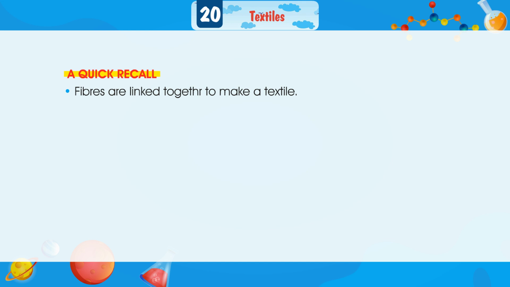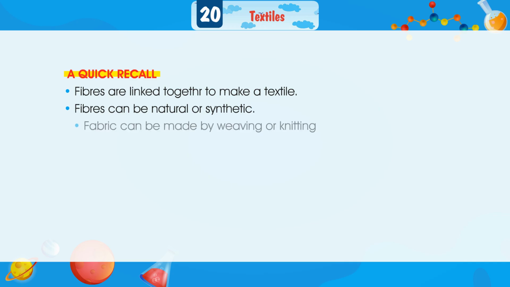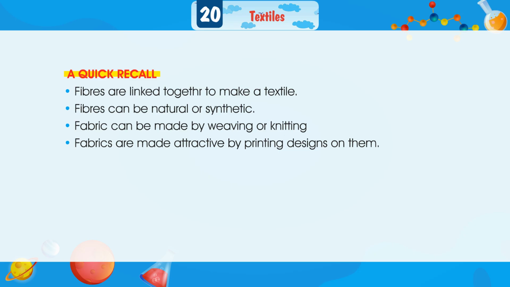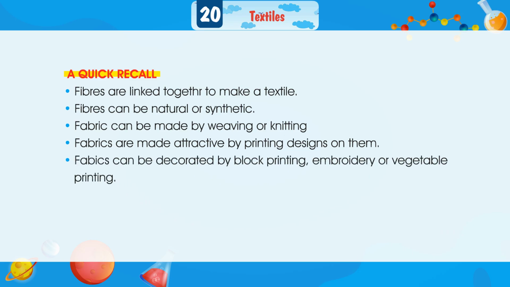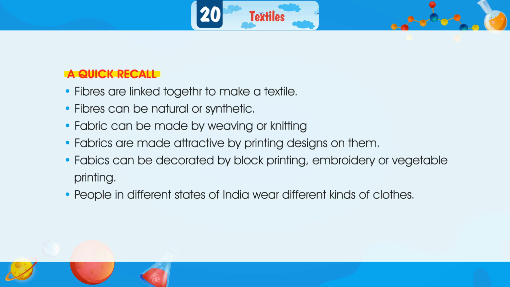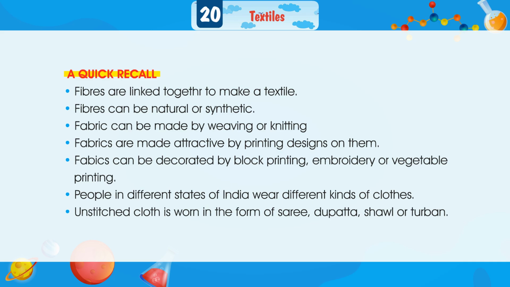A quick recall. Fibers are linked together to make textiles. Fibers can be natural or synthetic. Fabric can be made by weaving or knitting. Fabrics are made attractive by printing designs on them. Fabrics can be decorated by block printing, embroidery, or vegetable printing. People in different states of India wear different kinds of clothes. Unstitched cloth is worn in the form of sari, dupatta, shawl, or